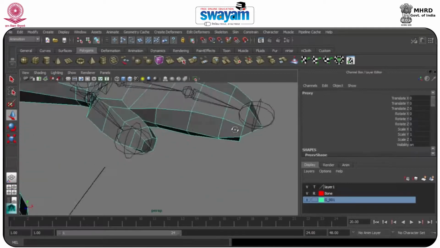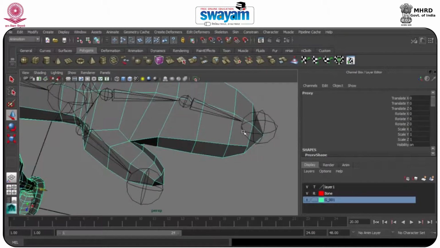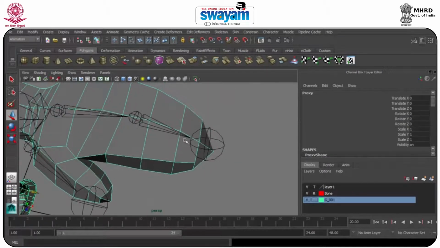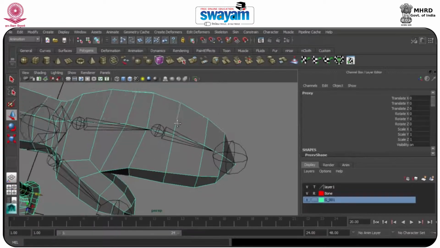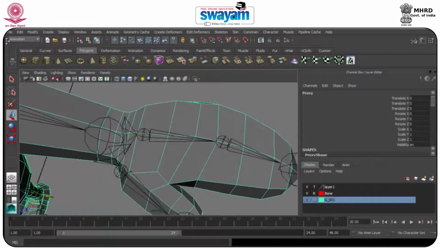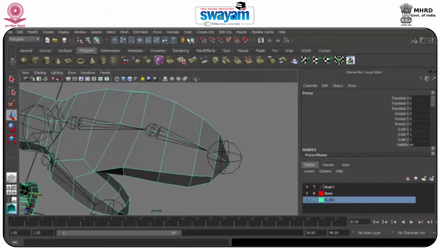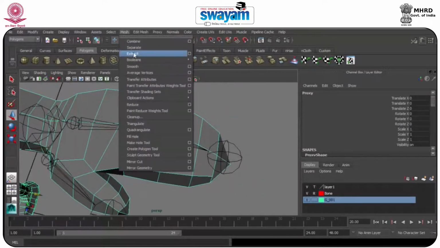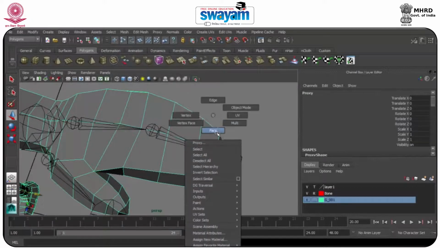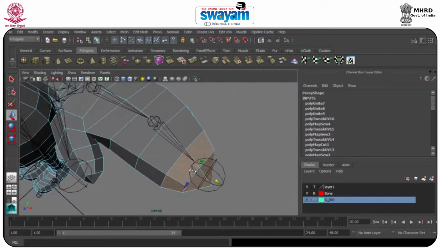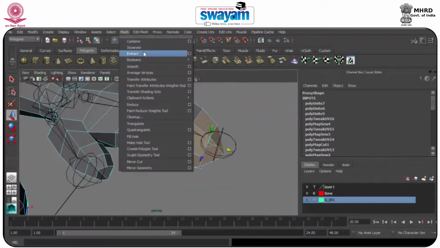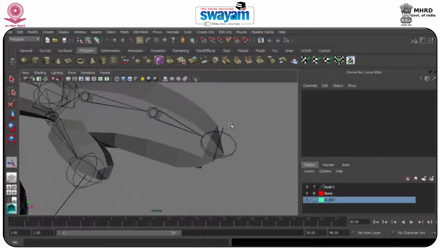So I will select this part, and if there is a bone, then I will remove this part and extract the same. If there is a bone, I will remove this whole part. Like this I will work. So we will go to polygon mode, then go to mesh, and here we have the extract. So let's continue. Go to face, select the face. Here we have to rotate and see if we are seeing it in a good way or not.